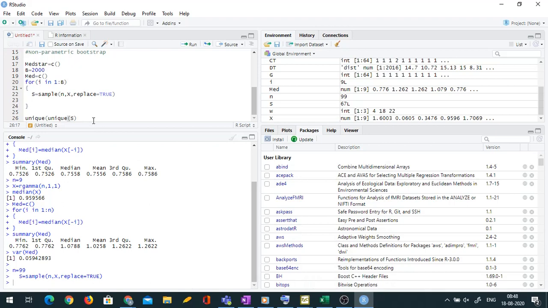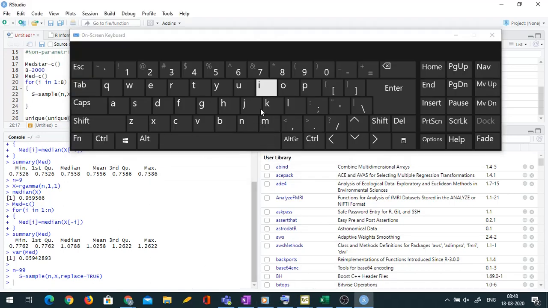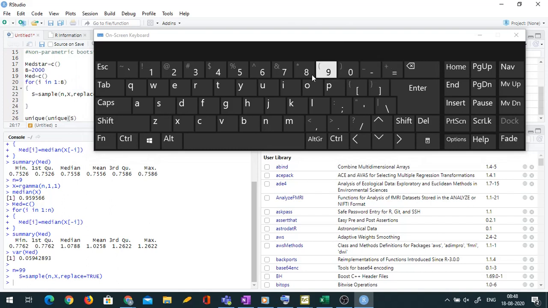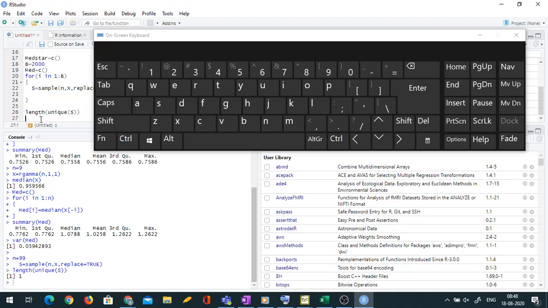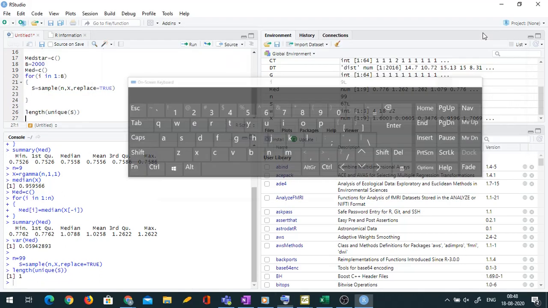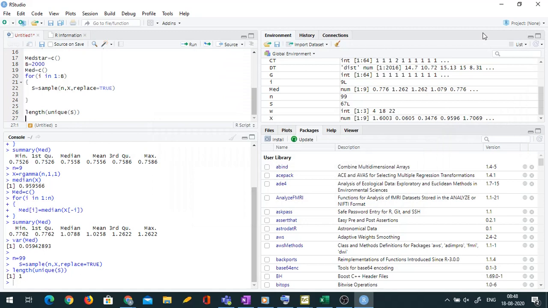So I want to check what is the length of unique of S. There is some problem probably. Can anyone identify what the problem is?